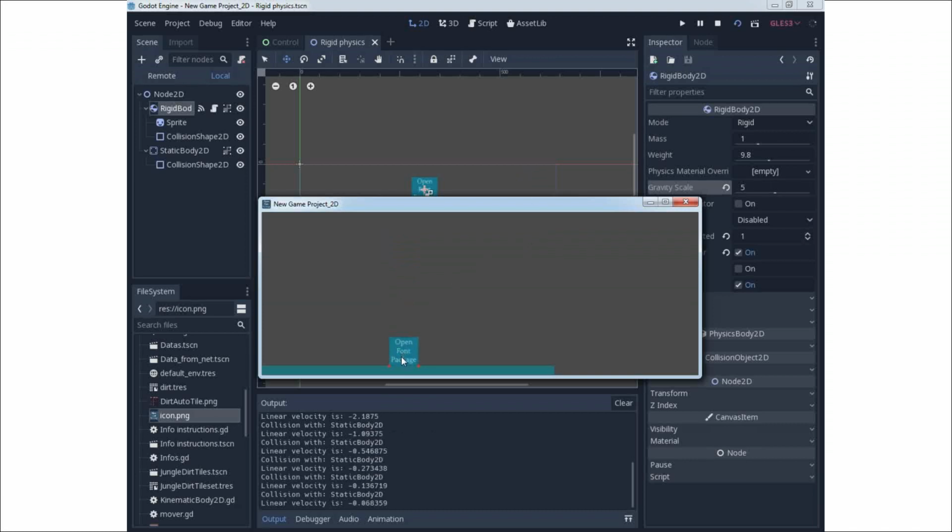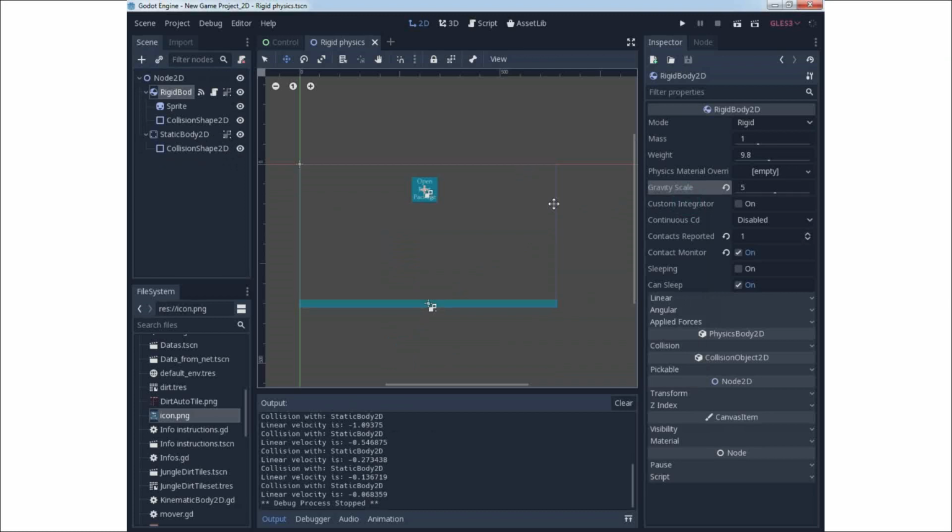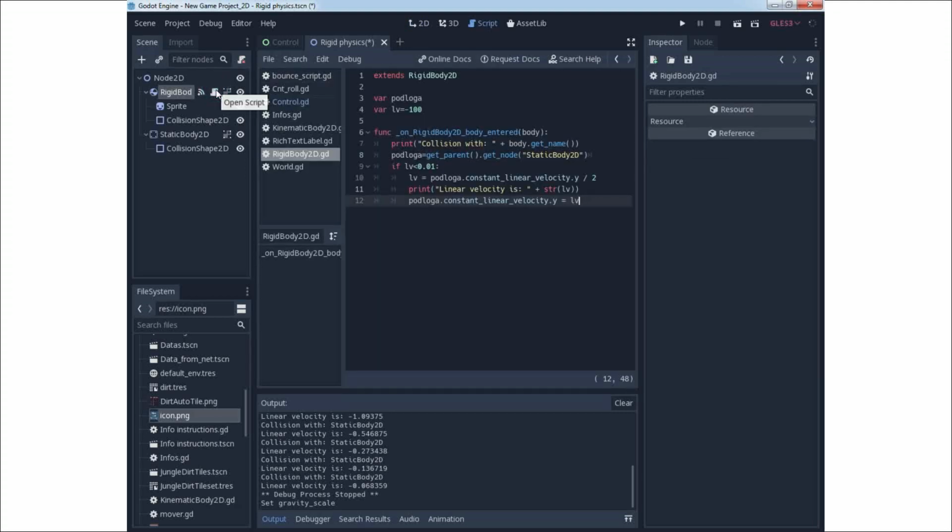So fast reaction. If you want to have a fast reaction and more bouncing, you need to set this linear velocity to be a little bit higher,